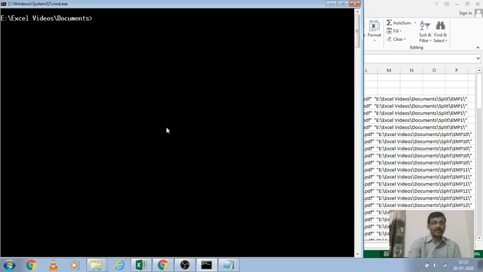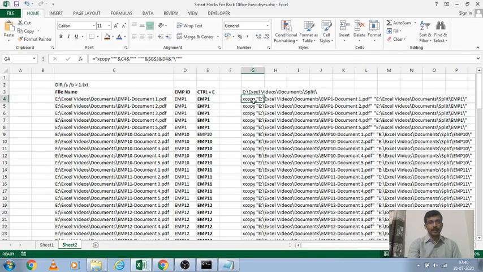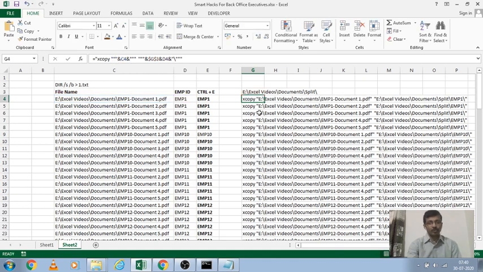Now, the structure that I have used here, we have to replicate. We will replicate this command line for all the documents. For that, I am using the CONCATENATE function in Excel. We have to ensure that the double quotes are coming correctly. To get a double quote, if you put three double quotes continuously, we will get a single double quote.